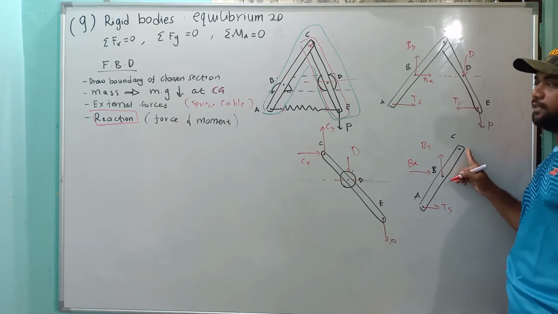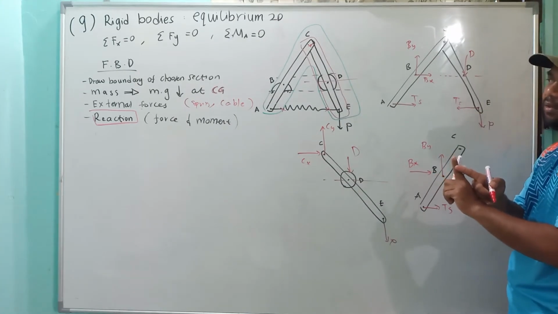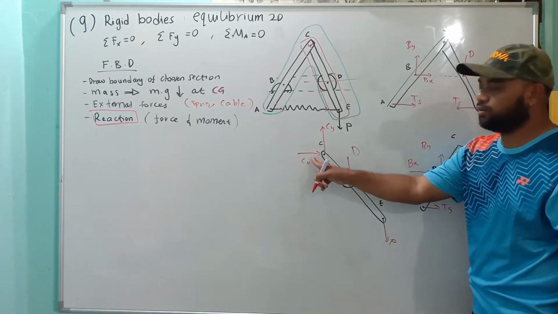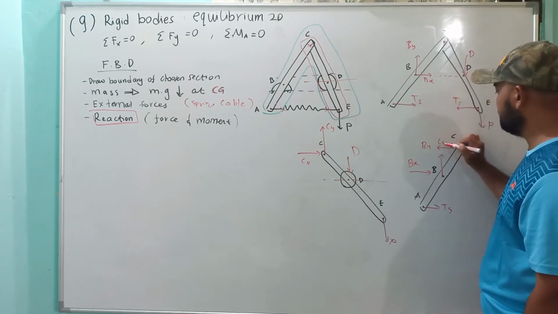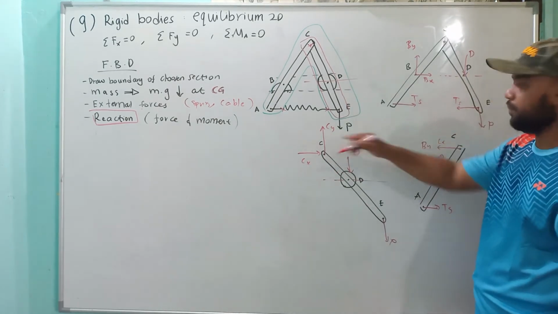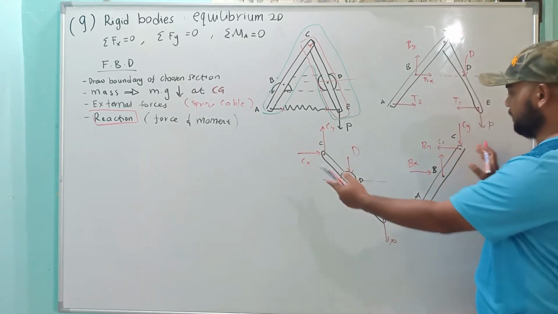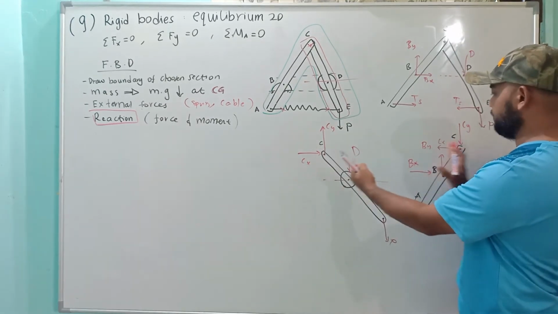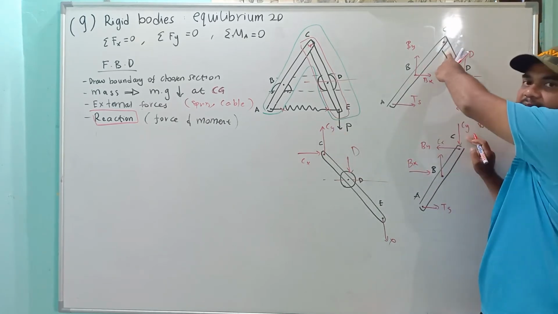But now we have this C, same point as this one. If you put it together, there will be no reaction force, but now since we open, there will be reaction force. If this one you draw to the right, this one must go to the left, but also the CX. If this one goes upward, this one must be CY downward. Notice that it must have the same magnitude, opposite direction, but if you put it together, this one will cancel this one, so that here there will be nothing.